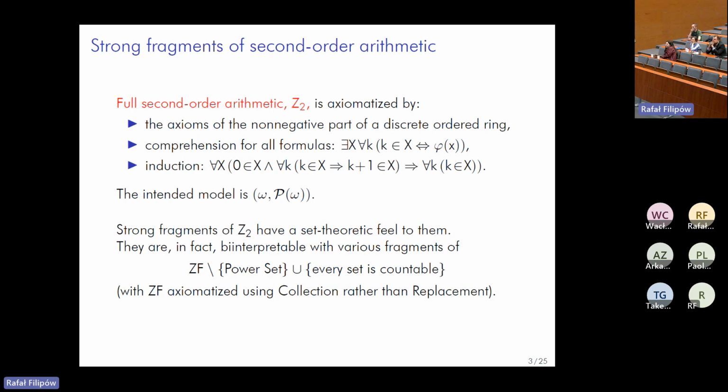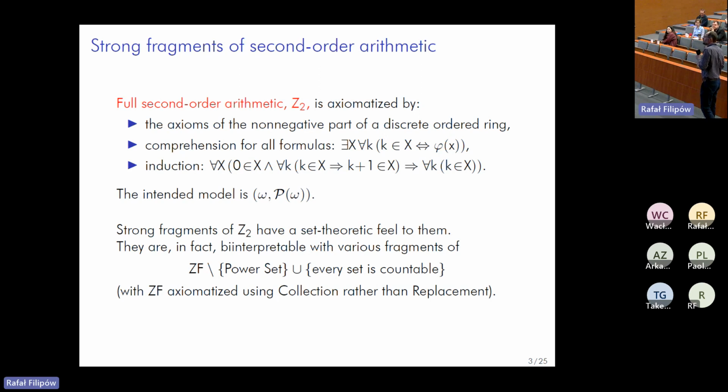Generally, pretty strong fragments of second order arithmetic have a sort of set theoretic feel to them. If you're high up enough in the hierarchy of fragments of second order arithmetic, there is a canonical way to interpret the language of set theory in the language of arithmetic. You code the, say, membership relation by means of trees. This is, I guess, pretty familiar to some of you as well. And under that interpretation,